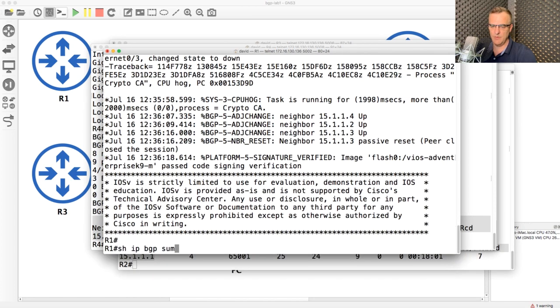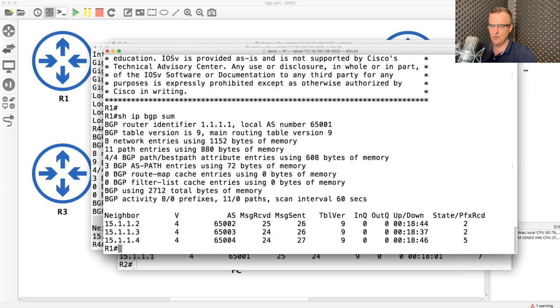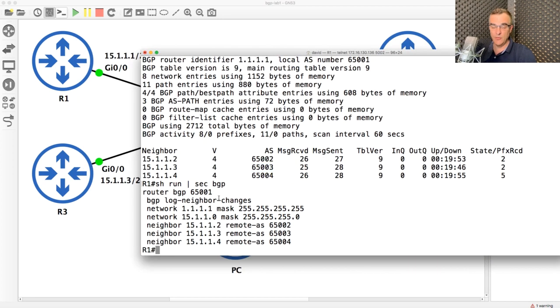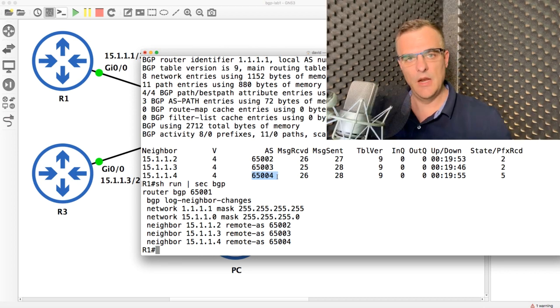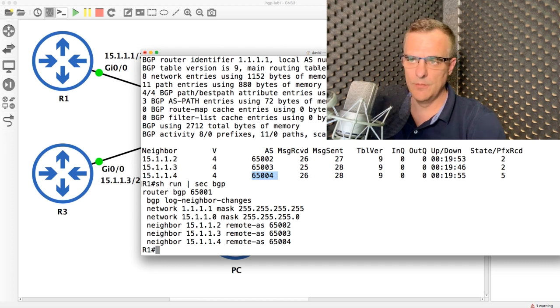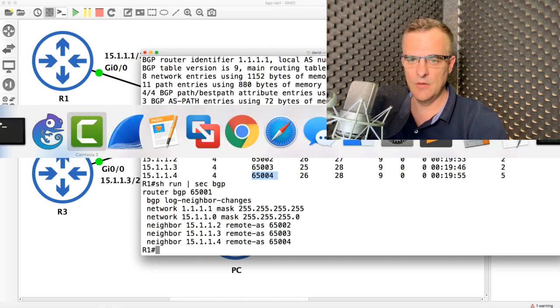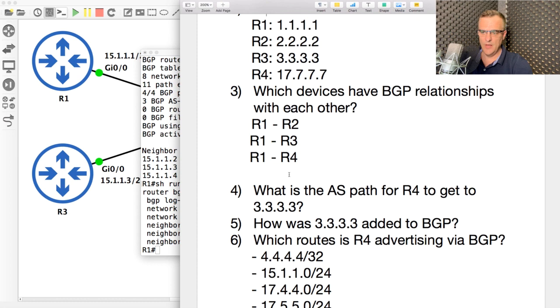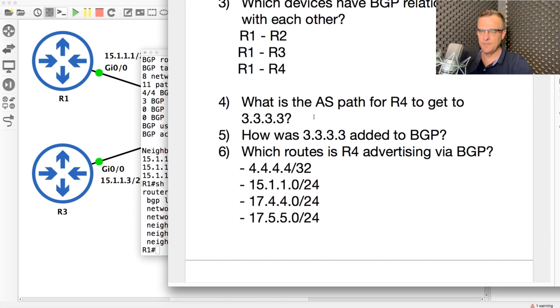On router 1, show IP BGP summary. It has a relationship with router 2, router 3, and router 4. Now, the reason this works is that router 1 is in a different autonomous system number to router 2, router 3, and router 4. So it'll learn a route, let's say, from router 2, and then it will advertise that to router 4. So going back to our questions,